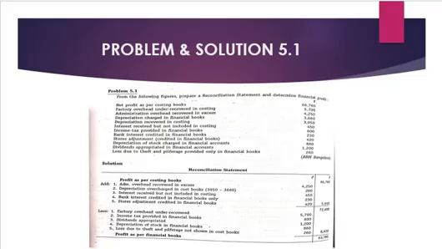So if you read that problem, here it is given that you should prepare a reconciliation statement and determine the financial profit. So the first sentence gives you the information regarding net profit as per costing books. They have given you 66,760. This is the first part of the information, and before that they have asked you to determine the financial profit.